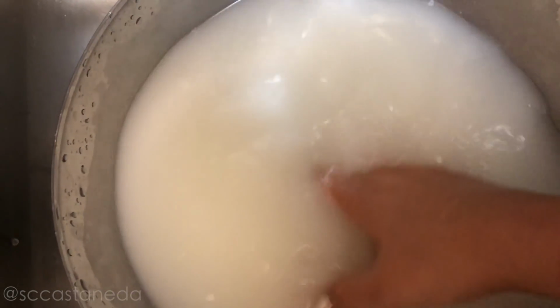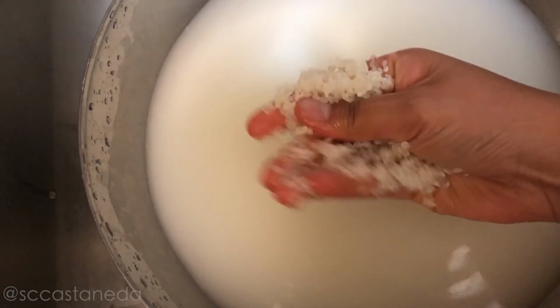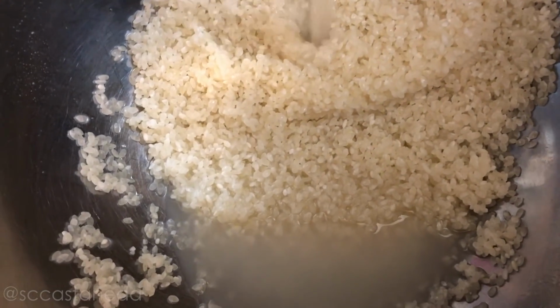And the first step is going to be washing your rice. So all I'm doing is just kind of massaging it with my hands. And you're going to release the water and add water again and continue this process maybe like 3 times until the water is somewhat clear. So I just drained some of the water out. Now we're gonna add some more water. And you just continue this process